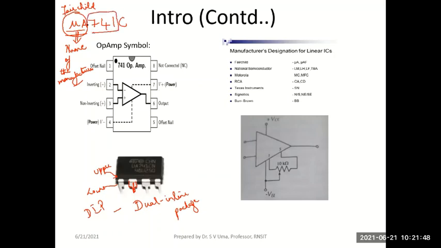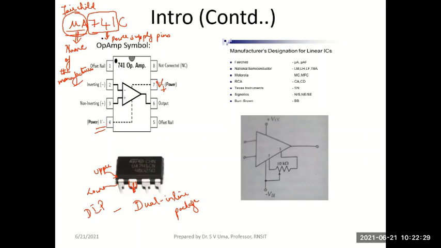741 is an arbitrary number. Usually this number doesn't signify anything, but here, just for the sake of remembering, we can remember 7 and 4 represent the power supply pins. Actually, they don't mean anything, but just for remembering, pin numbers 7 and 4 are the place where we give the positive and negative power supplies. You see here in this pin diagram, V plus, positive of the power supply, is given to pin 7 and V minus, negative of the power supply, is given to pin 4.